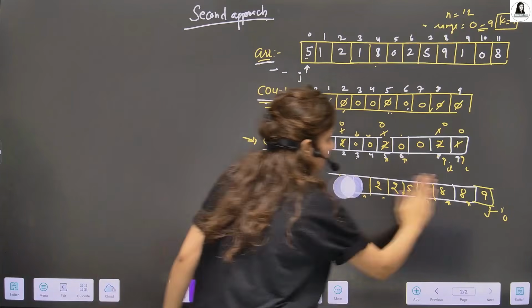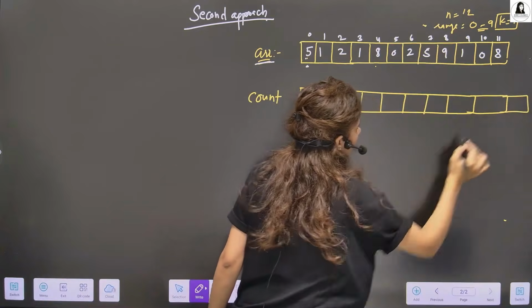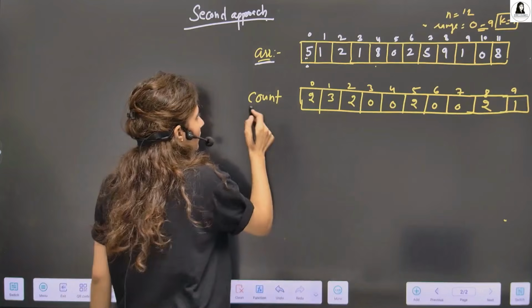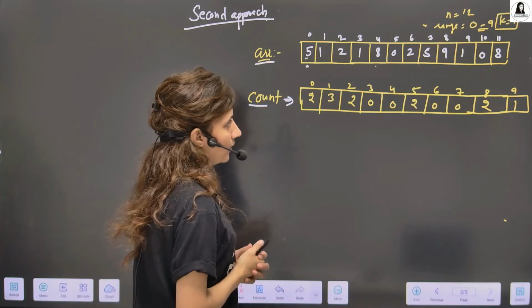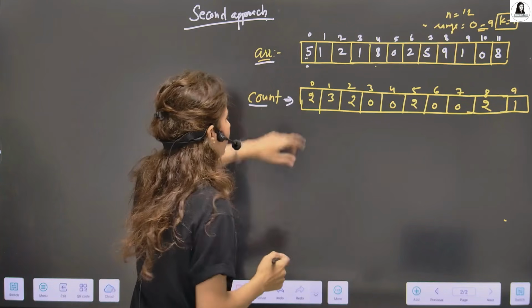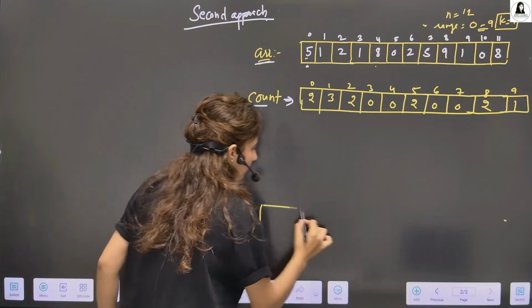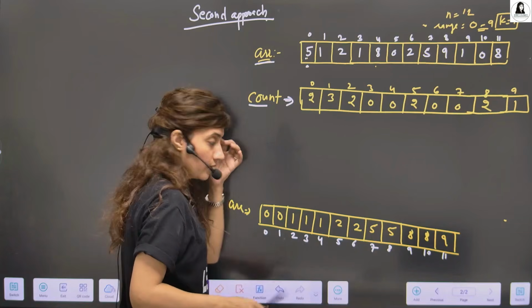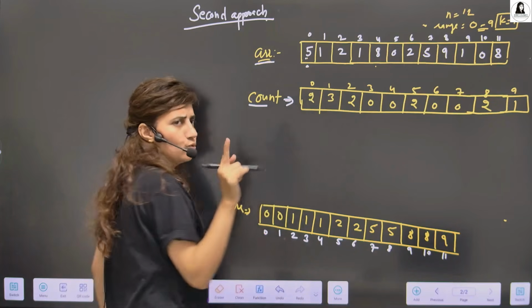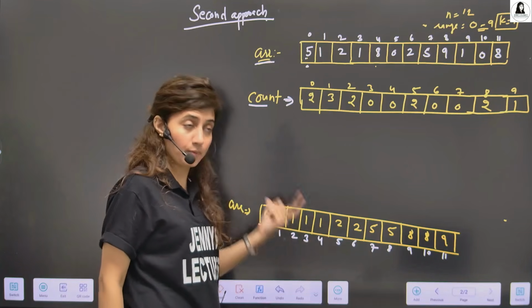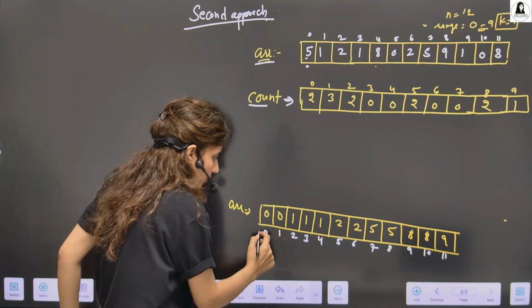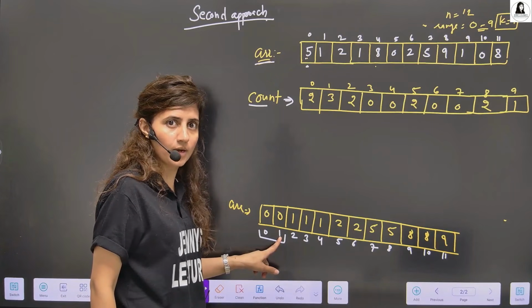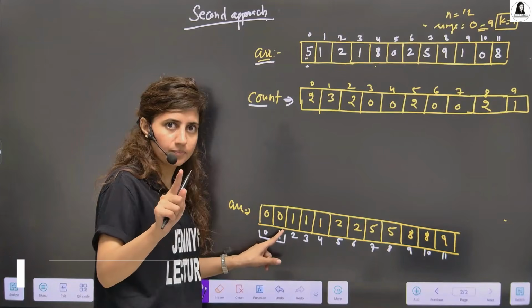Let me just write down this again. So this is my updated count array. Now see, when we have a sorted array, after sorting, you will get an array something like this. This would be my sorted array after sorting this, right? Now we know from this array 0 is 2 times, but we don't know the position where the 0 is. Obviously 0 will start from here, but it will be from here to here. The last position of 0 is 2 here. The index is 1. Position is 1, 2, but index is 1.